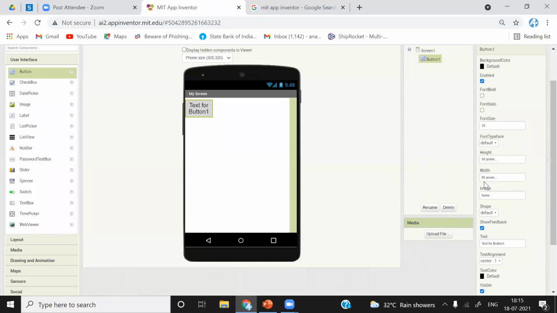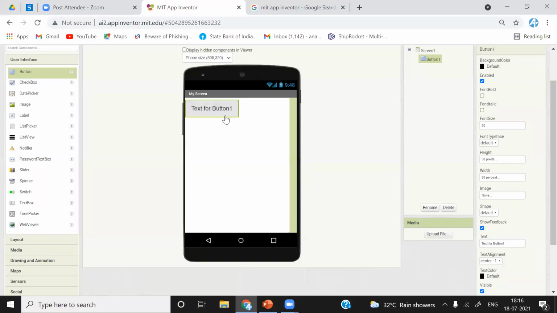For width I have given this manual random number. Now I want to make the width of this button half of the screen. So I just have to put percentage and write 50%. Now the width will become 50% of the width of the screen.